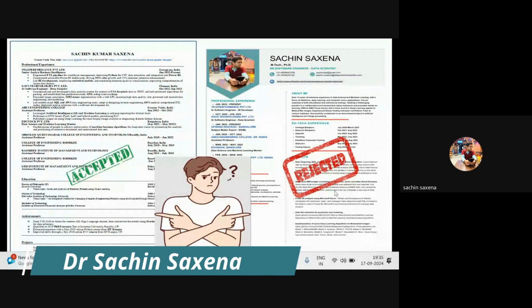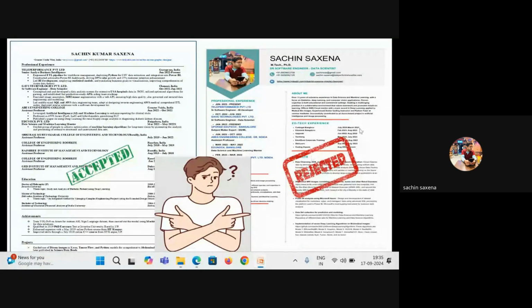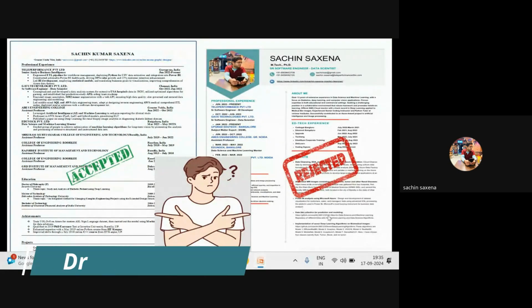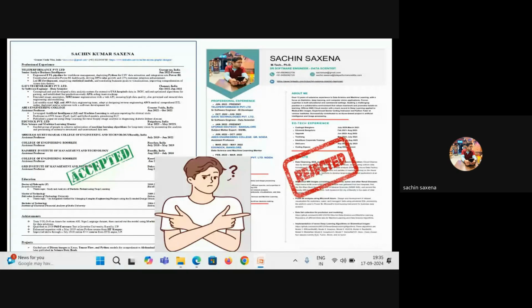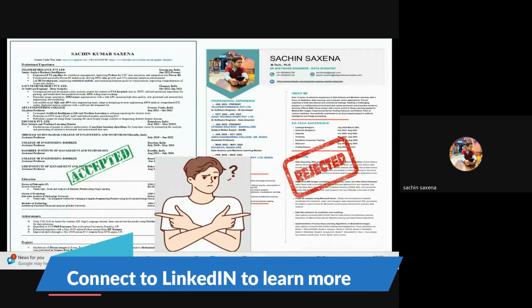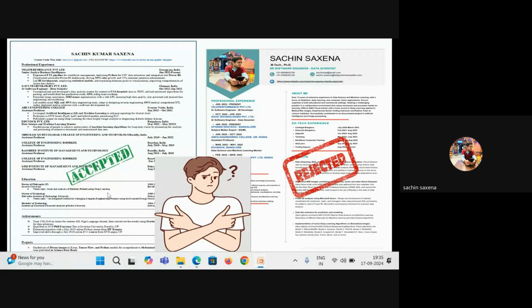So as you can see, this one is the accepted and this one is the rejected. This is a one page CV, and on the right hand side, I can see only basic information is there, but this is a 2 pages CV. It's looking nice, I'm having a good design on this CV, and colorful fonts and other parameters are there. But if you look at the left hand side, this is purely straightforward and simple, the format of my resume. But this is accepted. The reason is